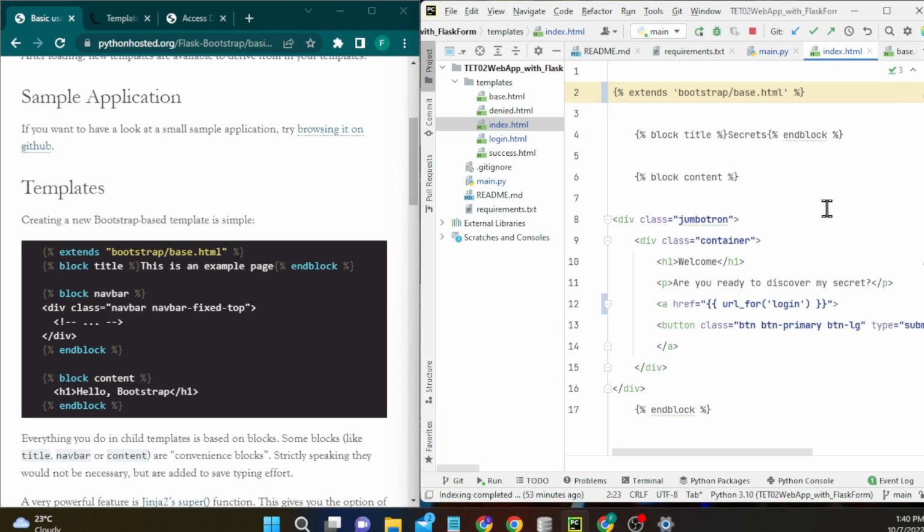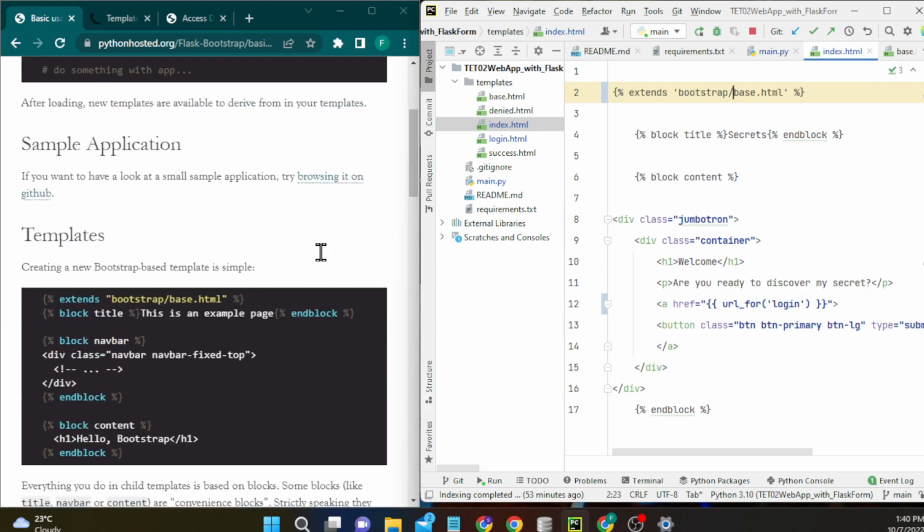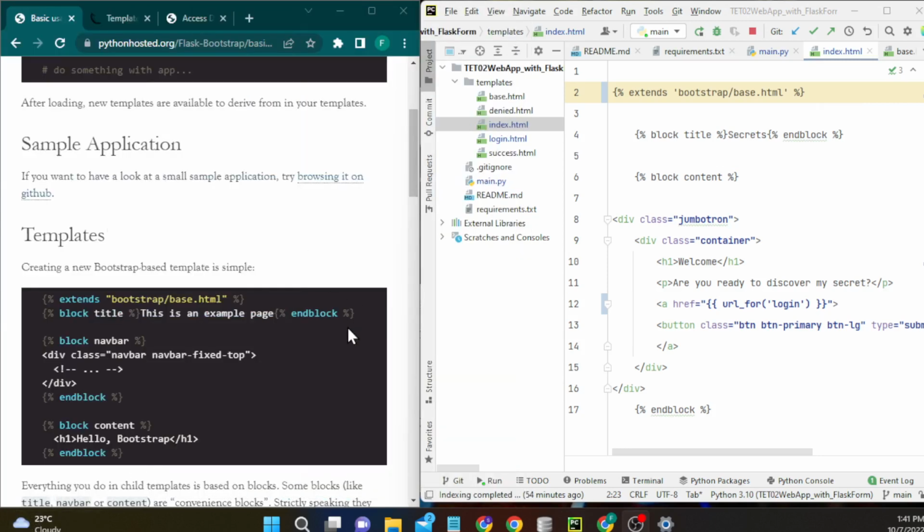So like this, if you look in Bootstrap, you have, oh, doesn't matter how we call that. Okay, so here it is, and we do the same in our login